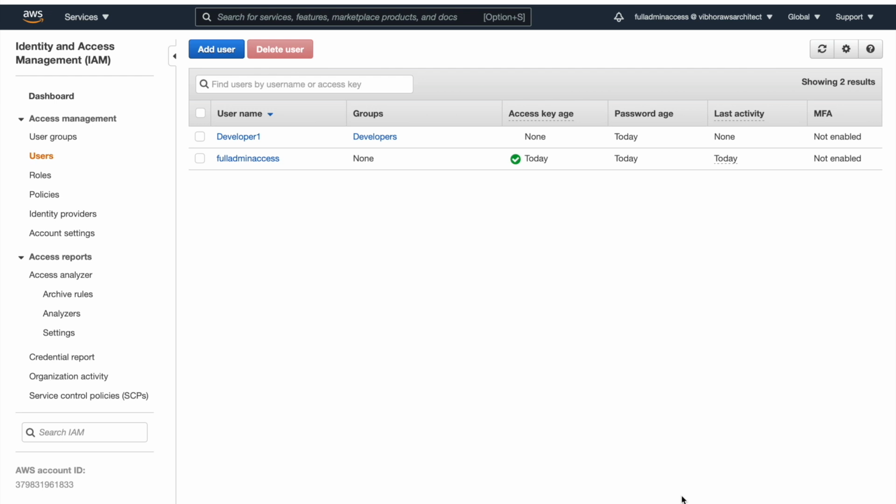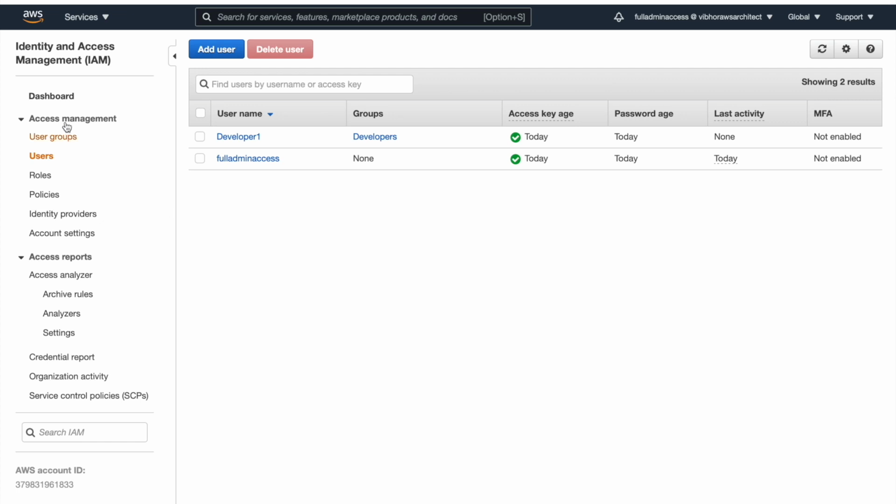A few things to remember over here: a user can be a member of multiple groups. For example, your tech lead is also a member of the developers group, QA group, and IAM admins group. The second thing is a user can have multiple policies attached to them, one from the group and one directly attached to the user. Suppose one of our developers is also monitoring the access logs or APIs, so we can directly attach a CloudTrail policy to that developer or user. For this example, I am going to create a developer user and associate it to the developers group.